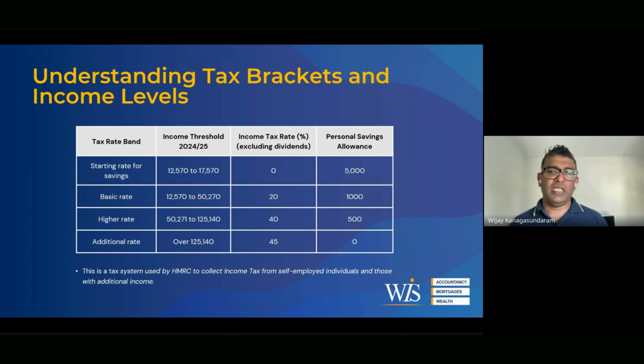And if you're a basic rate taxpayer, £1,000 is your allowance for savings. So if your dividends and your salary add up to 40,000, and you get £2,000 as savings, the first thousand is tax free, and on the rest of the 1,000 you pay 20% tax. And if you're a higher rate taxpayer, your allowance is only £500. Obviously, you pay 40%, and if you're an additional rate taxpayer, you pay 45%, and there's no allowance.